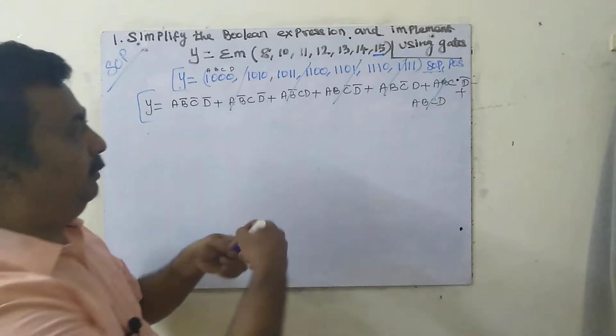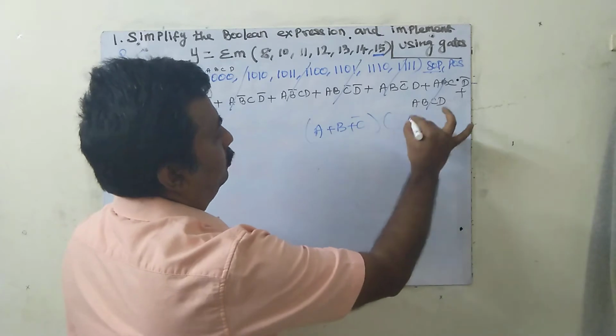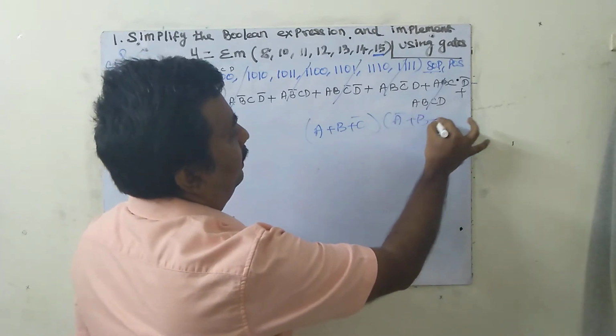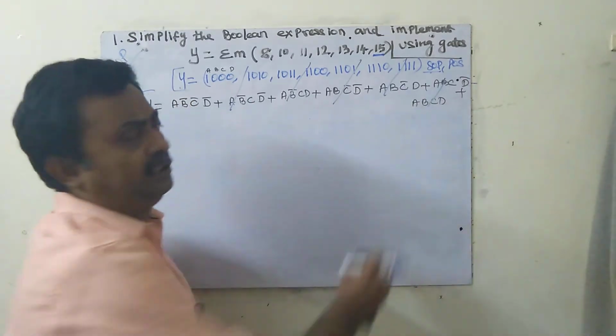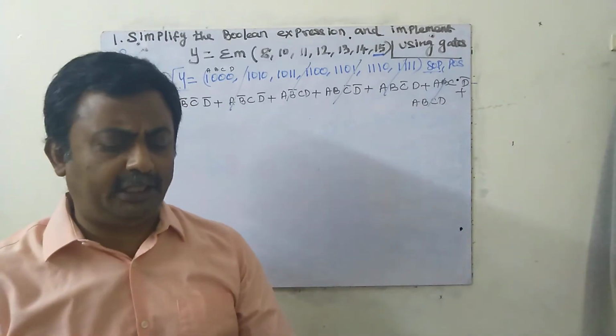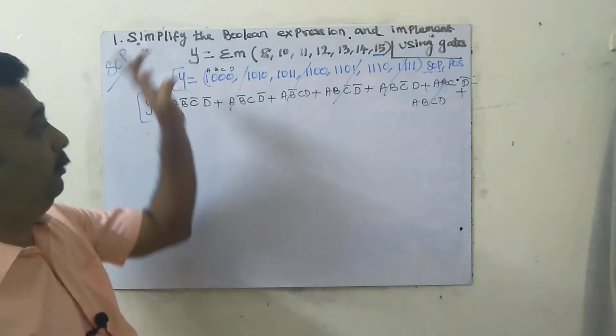Product of sum means it will give like this, A plus B plus C bar, and like this it will come. So A bar plus B into C, like this is called the product of sum method. Normally we won't go for the product of sum method. In the first unit only we will segregate into POS and SOP, but after the second and third units we have to solve these things. We will solve only by the SOP method.